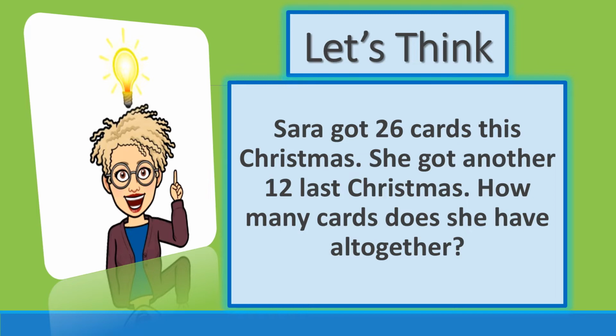Well, I'm back. Have you considered what Sarah would do? Do you remember what you should do to help you to solve a problem? The first thing we do is circle the numbers. The next thing we do is search for and then underline the keywords. In this case, our keywords are found in the last sentence, which reads, how many cards does she have altogether? The keywords here for us to ponder on are